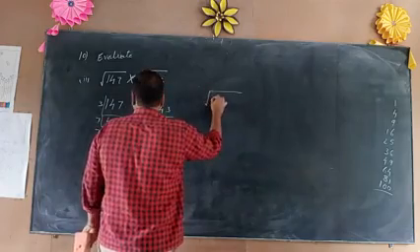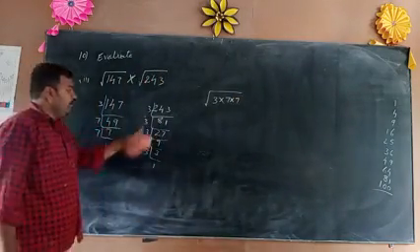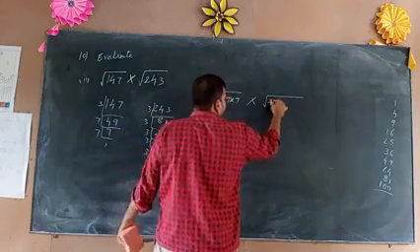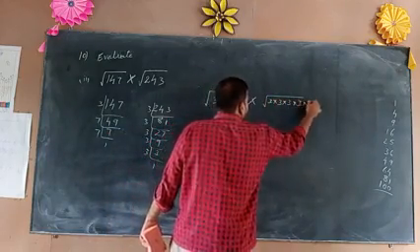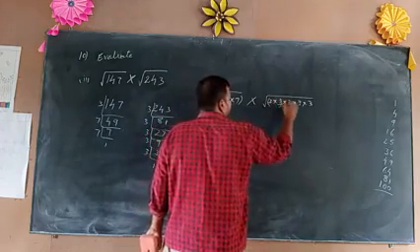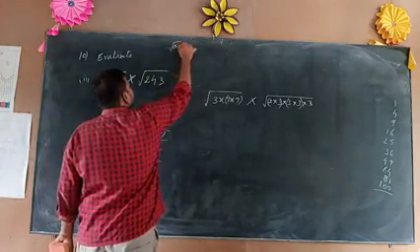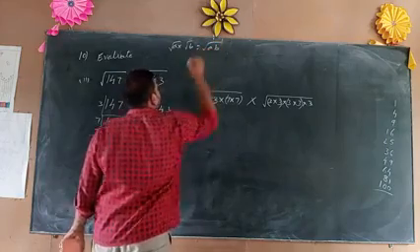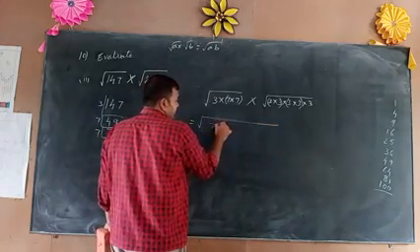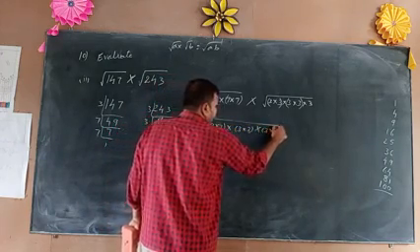This root of 147 is 3 into 7 into 7. 243 is 5 times: root of 243 is root of 3 into 3 into 3 into 3 into 3, 5 times you have to write that one root. Now the formula: root of a into root of b is equal to root of ab. We have to make it as root under multiplication. So directly we keep the root of 7 into 7 into 3 into 3 into 3 into 3 into 3.